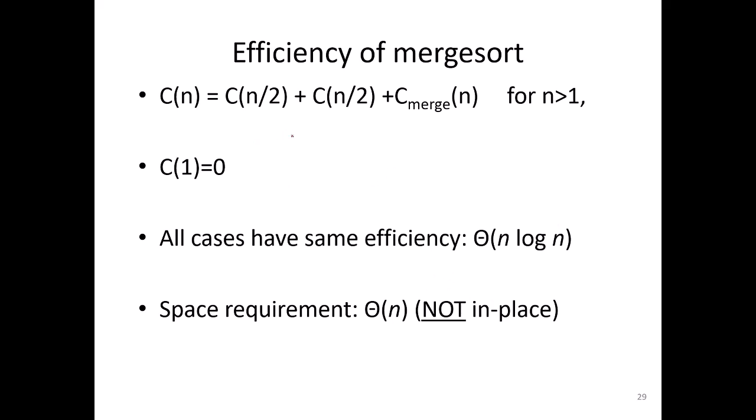Here we divide the elements into two equal parts. So the number of comparisons is divided by 2 plus number of comparisons divided by 2. This is the recurrence equation. C of n, the number of comparisons, equals C of n by 2 plus C of n by 2 plus merging. For the merging part, the running time will be order of n. If you have one element, no comparison happens. When you solve the recurrence equation, the running time will be n log n for all the cases.